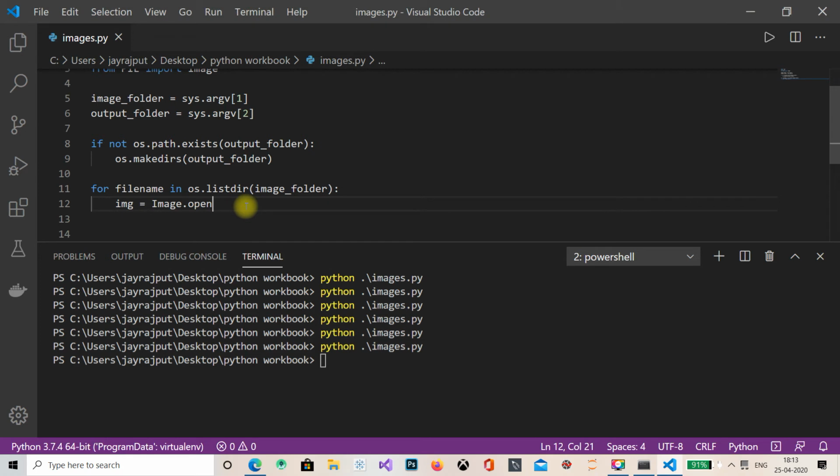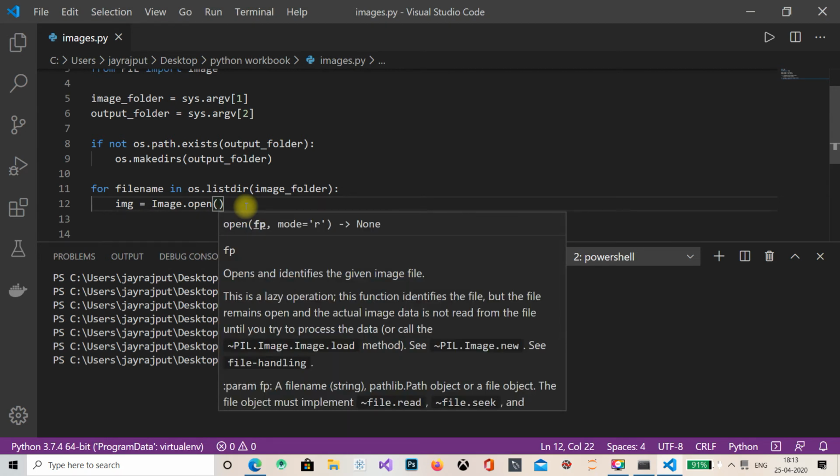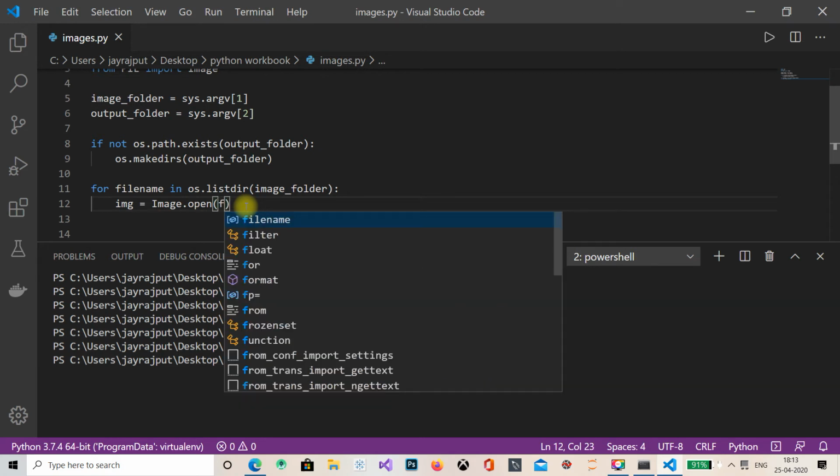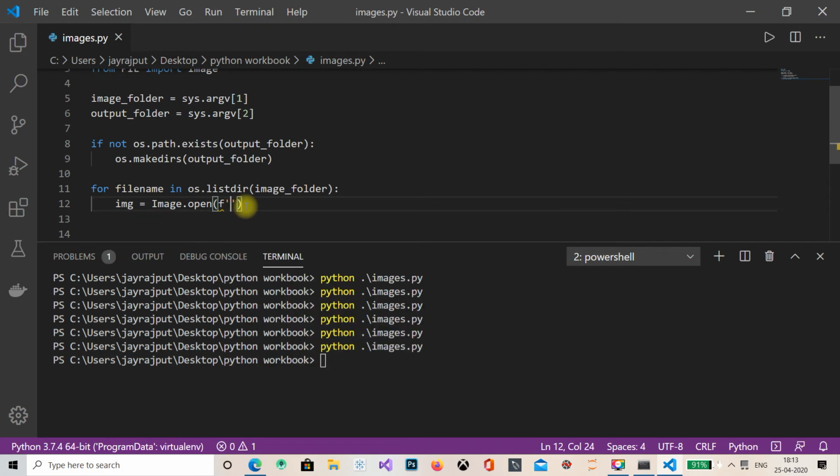So yes, image is equal to Image.open. Now I want this and an f. I don't know guys whether this will work or not, but I am not sure. I am creating it as a string here, and I guess it might work. If it won't work, then I have another method.